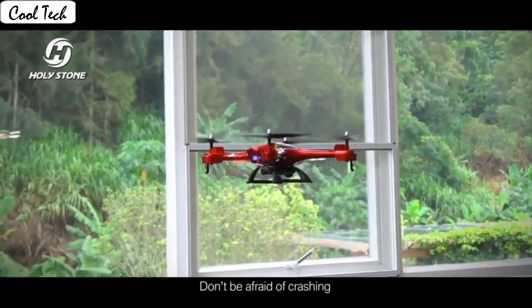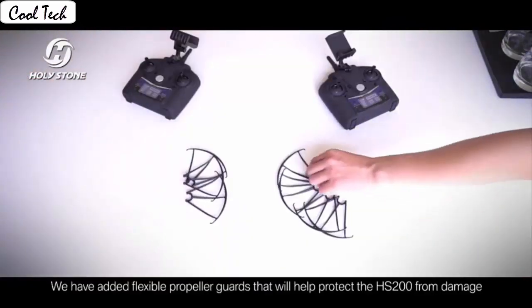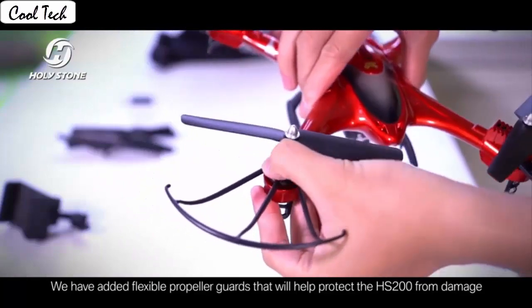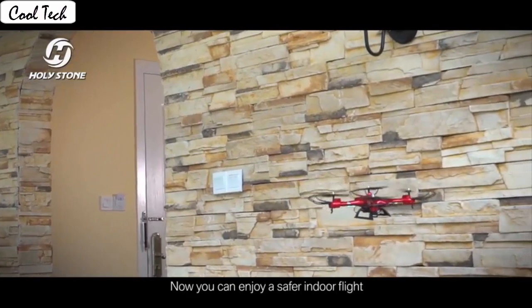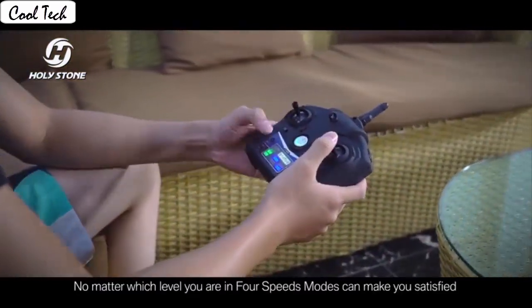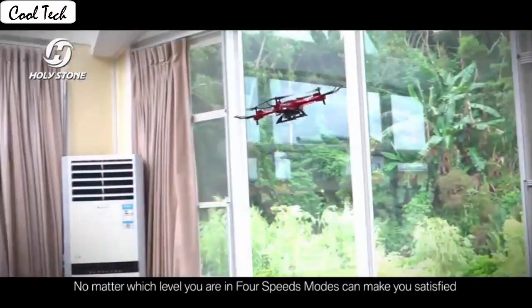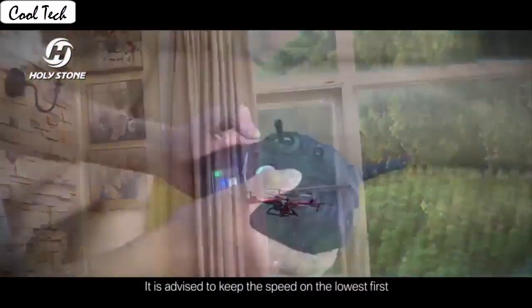The drone will fly according to the gravity of the mobile phone. The drone allows switching 3-speed mode, low, medium and high speed. You could try switching different speed modes when the drone is in flight for more fun, which is very convenient for beginners. It also has a built-in one-key return home feature that will allow the drone to fly back to